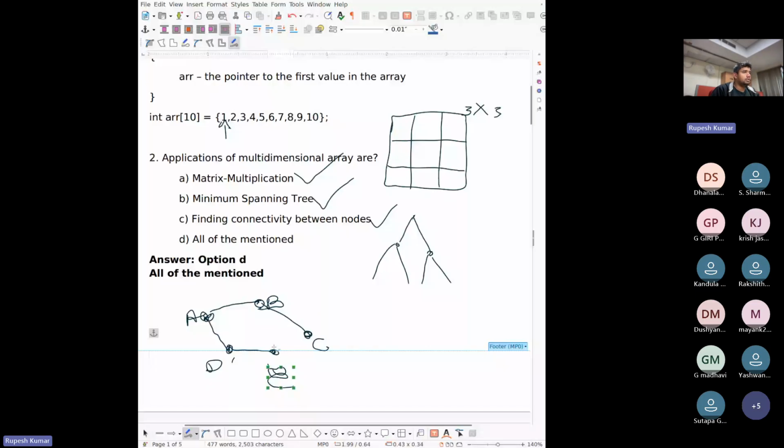So it's simple. Let's say we have 1, 2, 3, 4, 5 entries in our graph, 5 nodes. So let's create a matrix of dimensions 5 x 5. So first column, second column, third column, fourth column, and fifth column.